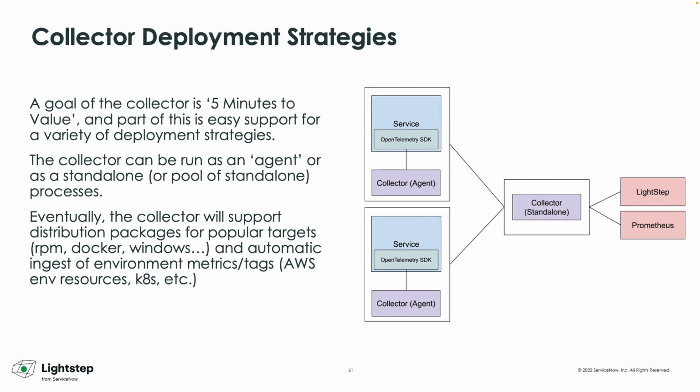This is a recommended architecture simply because you use a collector as proxy to avoid putting your backend tokens in all of your agents or on all of your services. So this is a more secure way to deploy your OpenTelemetry collector. Moreover, if you have to do any maintenance or change in the configuration, you can do it in the proxy and you don't have to update all the collectors in your different services. So this is both a separation of concerns between dev and ops, but also a more secure way to deploy your collectors.